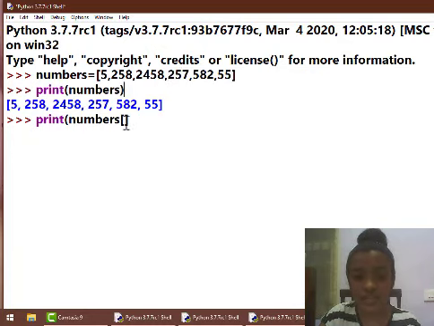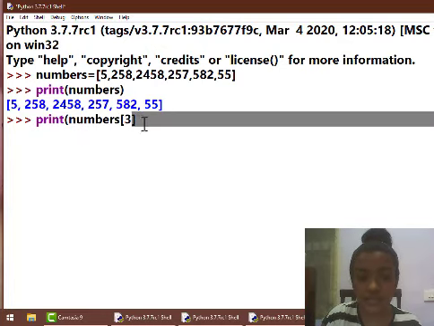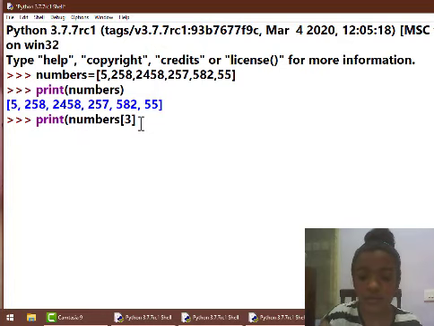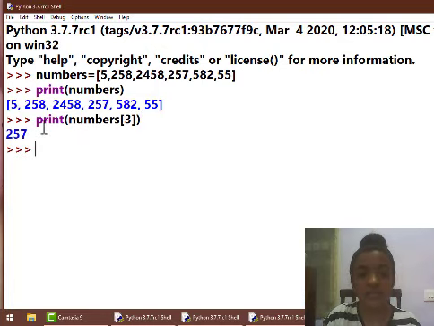So here I have to text 3 and then close the parentheses. That's it. Python gives me 257 as my output.